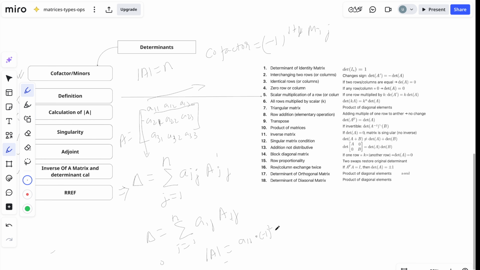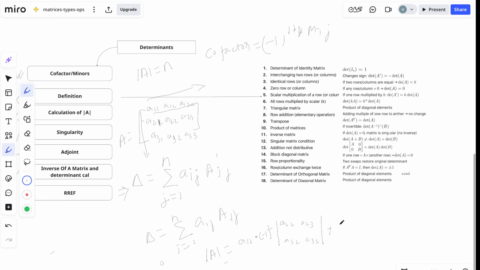Yeah, A11 times -1 squared, and this would be A22, A23, A32, A33, okay, and then plus, again we are considering A12 here now, so it will be A12 times -1 to the power of 1 plus 2, which is 3. That will be A21, A23, A31, A33, right? And then plus again A13